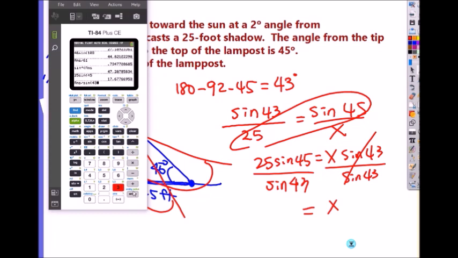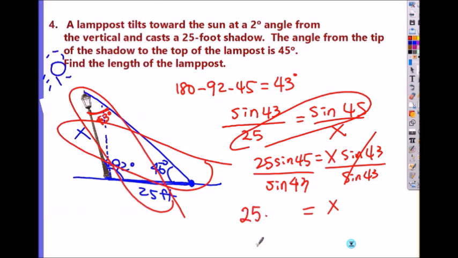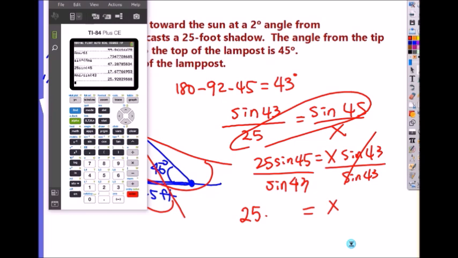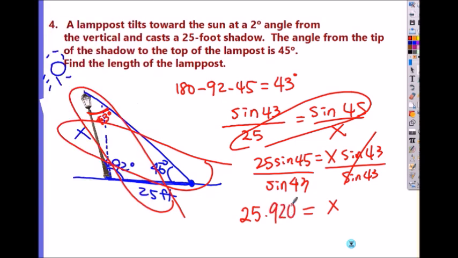Don't try to do all 3 steps at once, okay? Press enter. Doesn't cost you to press more enters. 25.920. 25.920 what? Feet. That's a pretty tall lamppost, right? 25.920. That's about like